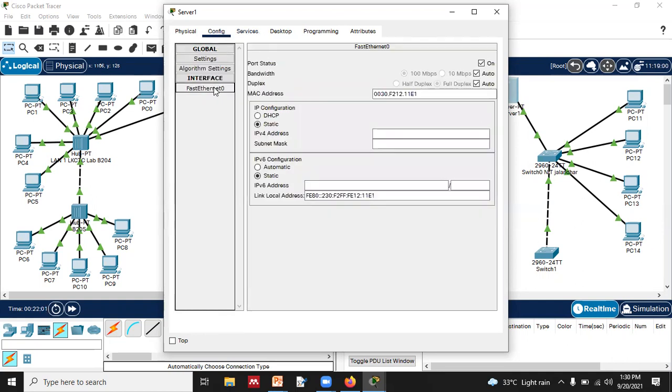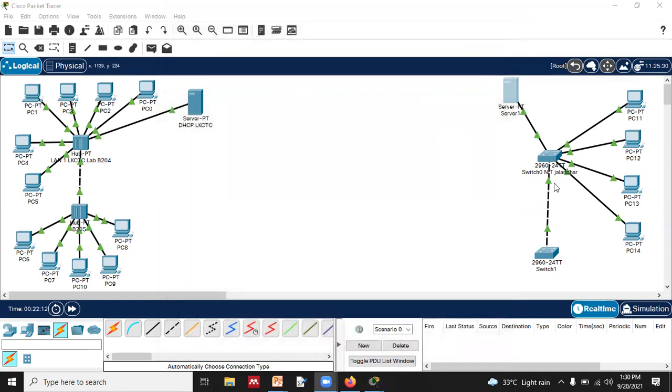And over here the IP address is 192.168.1.1, and then we will cross it.